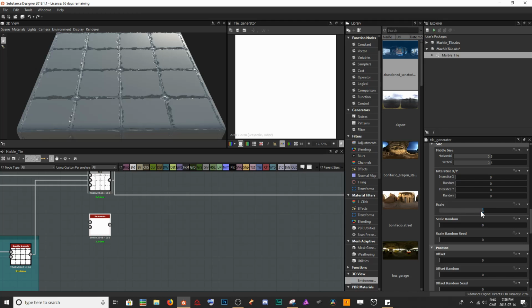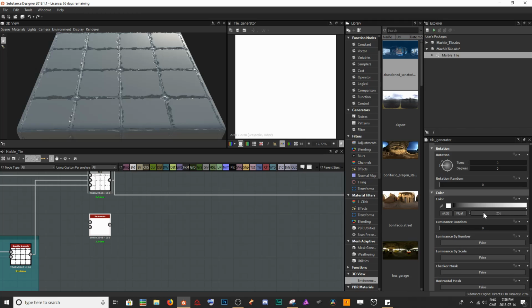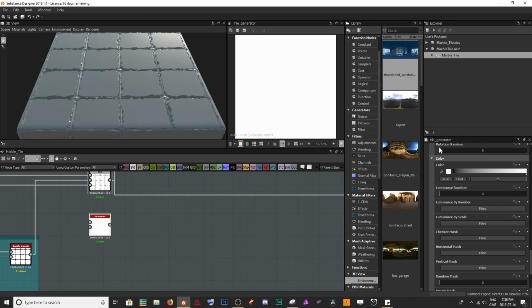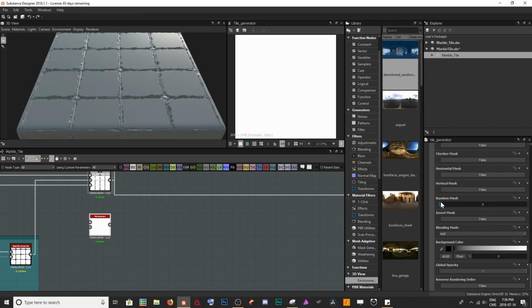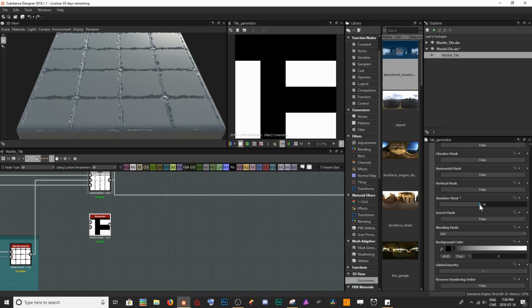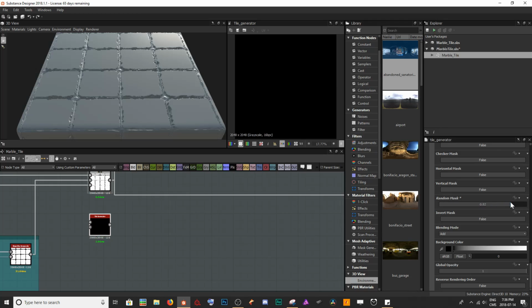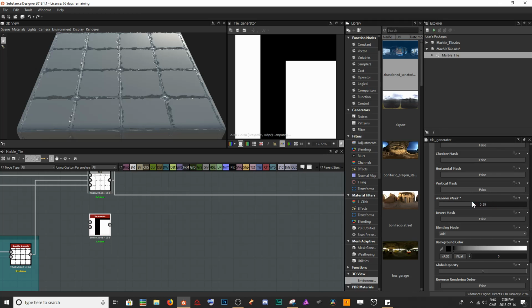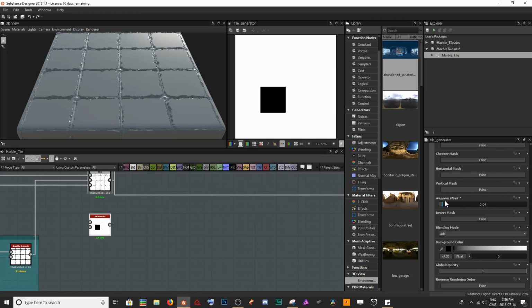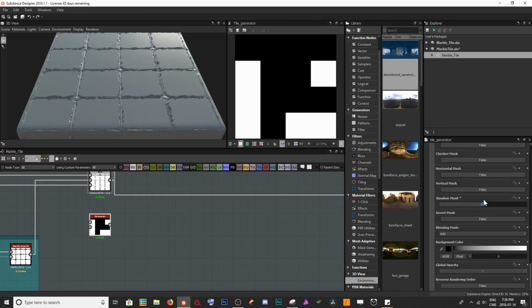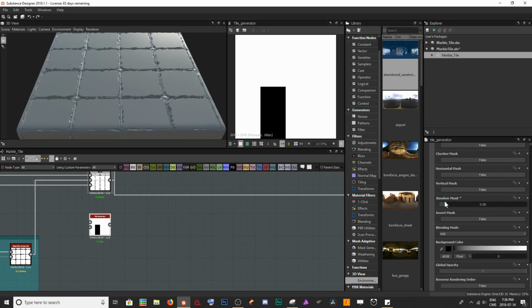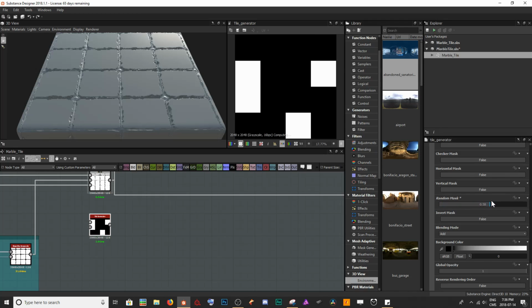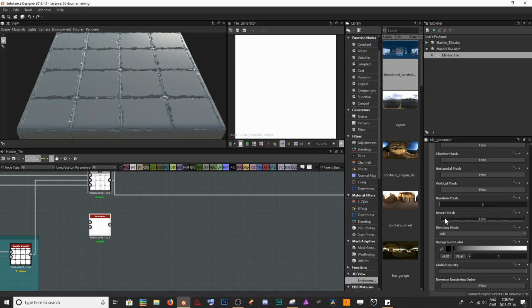And so now how I'm going to go about using this as a random mask is when I come all the way down to our color tab here, you're going to see this slider called random mask. And as we click and slide it up, you can see that it's just going to randomly mask off and remove some of our squares. And so we're going to use this as kind of an opacity filter or a mask when we blend the two together. And I like to click on invert mask